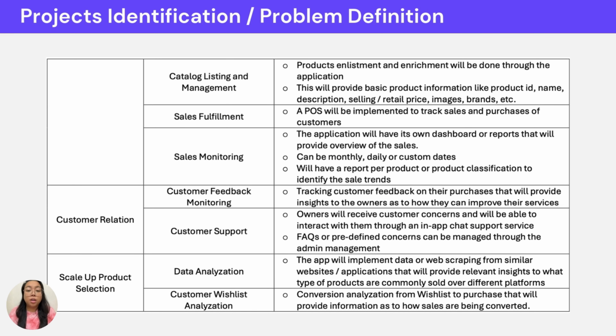So for these, we have the data analyzation or reporting, meaning which products are highly in demand, which products are sleeping, meaning they're slow moving. And then customer wish list analyzation. So these are the customers that say, hey, you should sell these because the other store is selling these at a smaller or more competitive price, and then maybe you should consider selling these products next time. So that's the goal of this specific module.